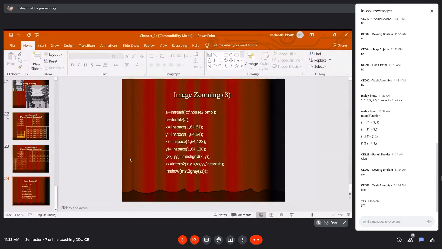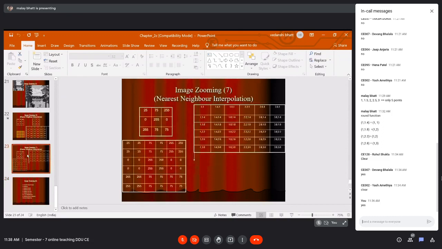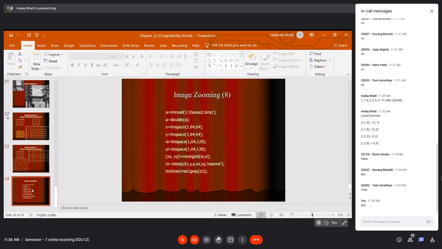This is just for your knowledge. You don't have to remember this MATLAB code, as you are implementing this practical in Octave. You just have to understand the basic method. If this algorithm is known to you, you can do this. So this is how you will get the output image, which is a far better picture as compared to the pixel replication method.